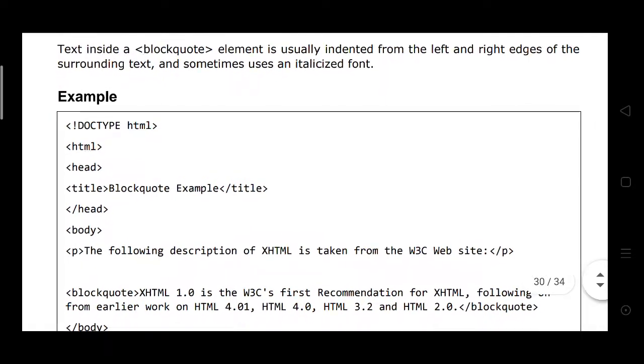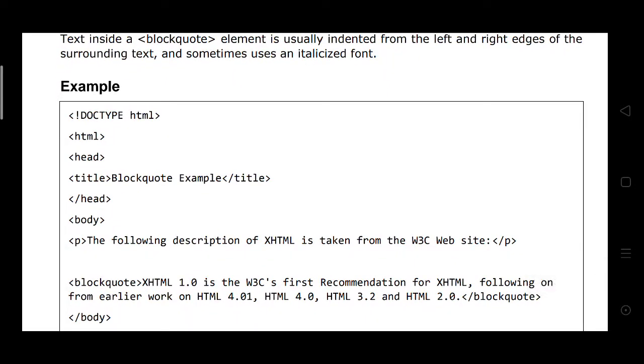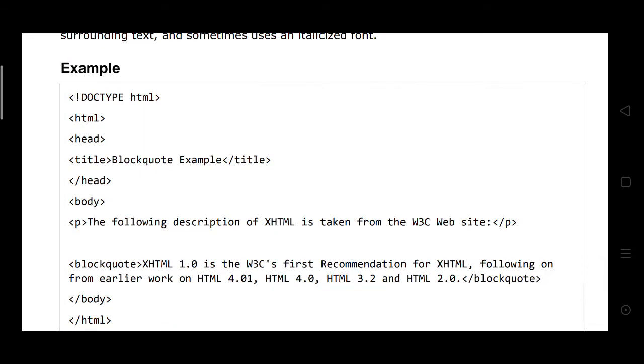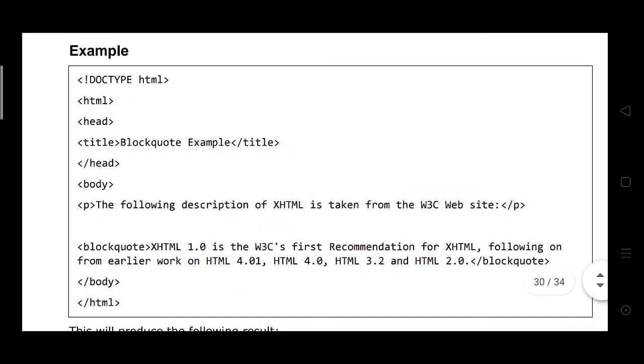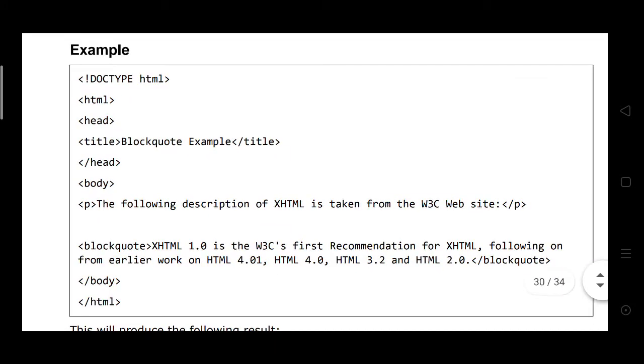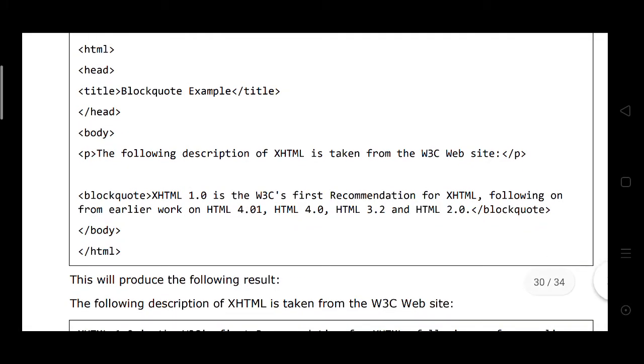Doctype HTML, HTML, head, title, course example, close head. The following description of HTML is taken from the W3C website. There are blockquotes.